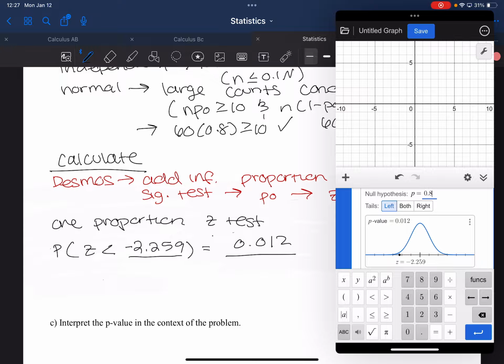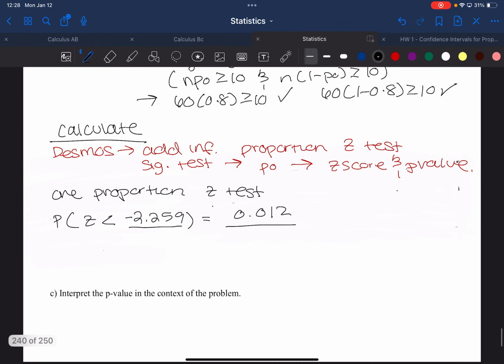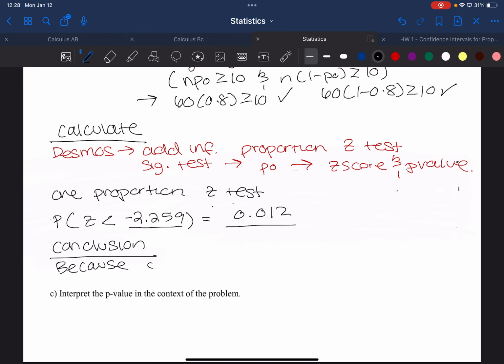Okay, so I'm going to close out of Desmos and go back to this view. Now I'm on, if you divided it into boxes, my last box, conclusion. Remember, I always use the sentence stem that's on the previous part of our notes. It says, because our p-value, and I write my p-value, of 0.012, I'm literally following that sentence stem word for word, is,